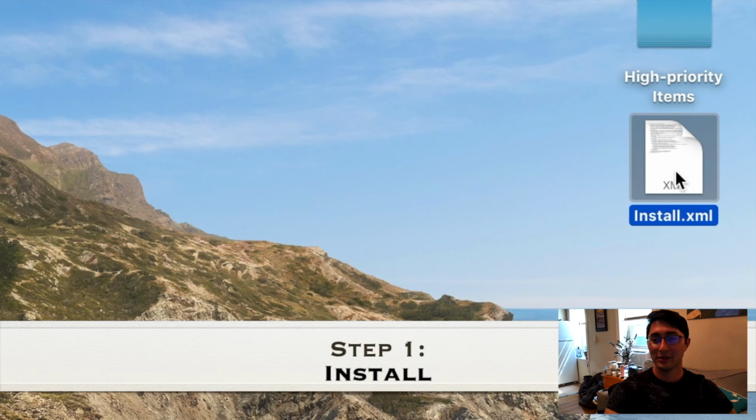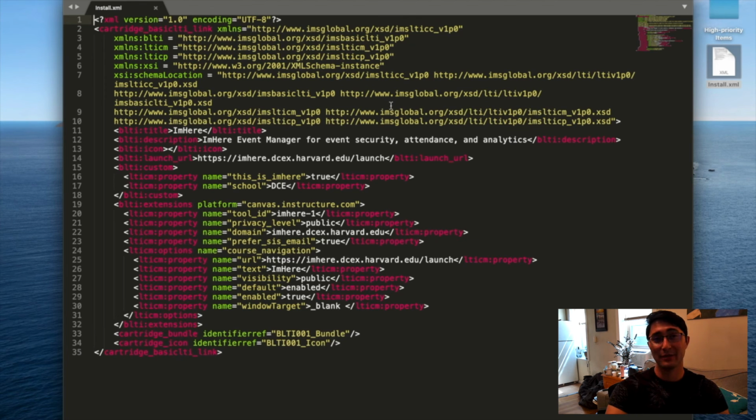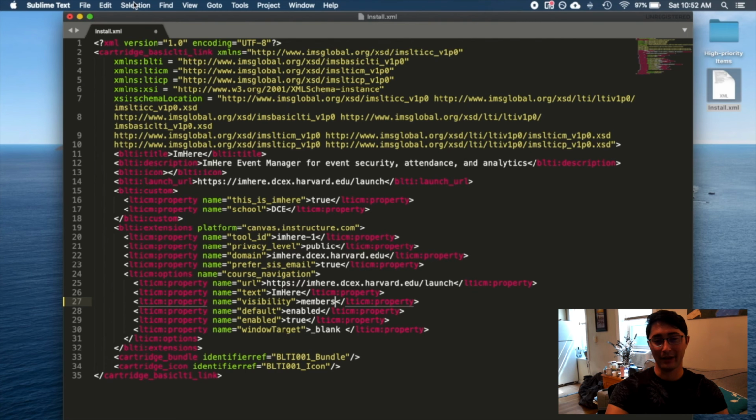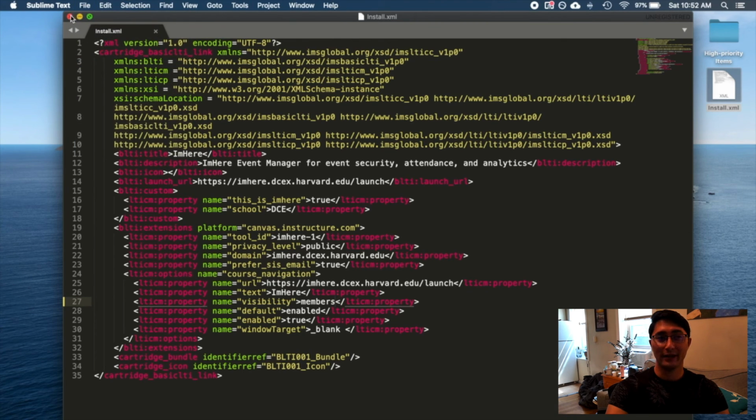Let's put it all together. Let's look at an LTI in Canvas from start to finish. So to start, we have the install XML. This is an install XML for a tool that I am currently developing. And we're going to just go ahead and check. This one's public. We want to make sure that only the members can see it, so we're going to edit the XML right there. We're going to hit save, and then we're ready to go ahead and install the app